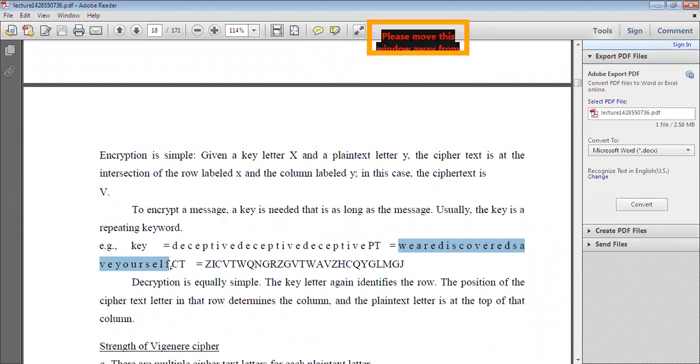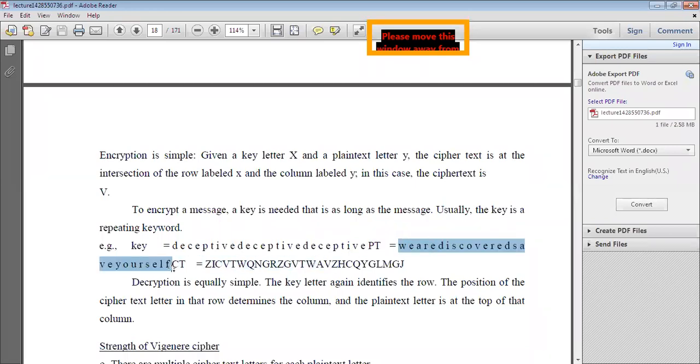Using this plain text, you want to convert it to cipher text using the key deceptive. So deceptive is the keyword, and the plain text is we are discovered save yourself.